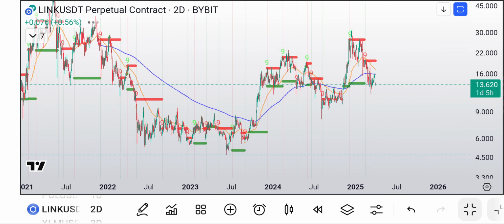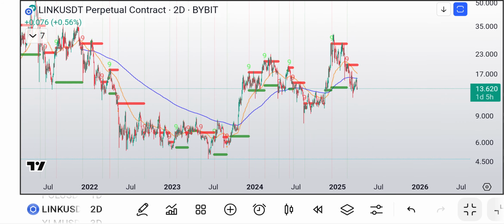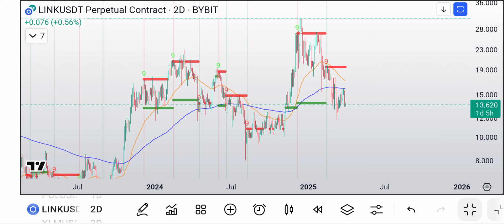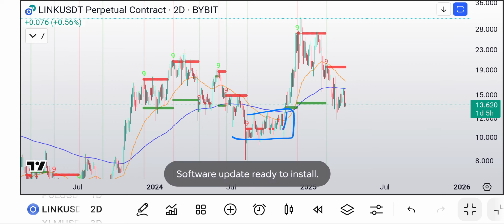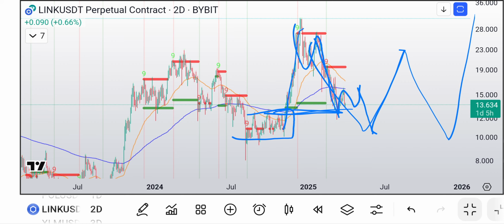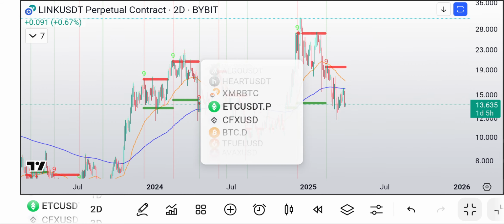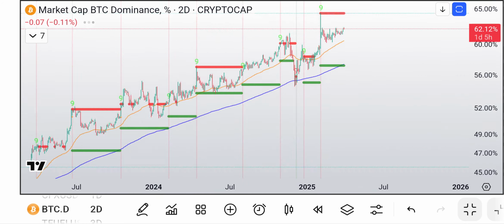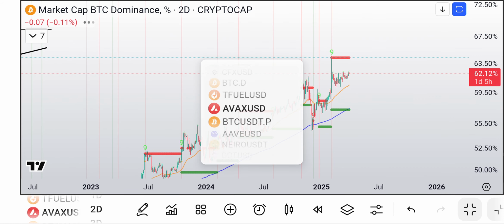We have our base here. We broke out. We had a three-wave move down into the base, and now we're holding it. So if this is wave 3, then we're going to get some kind of wave 4, and then a wave 5, then I guess you would get a B, C, and then continue. Just kind of scouting around and looking around here. Bitcoin dominance still going up.